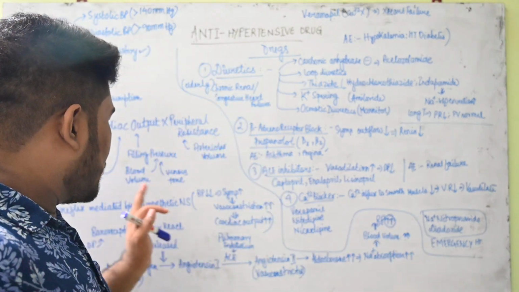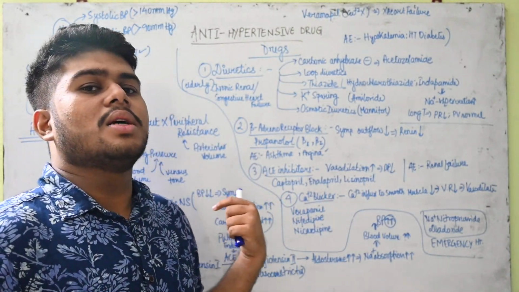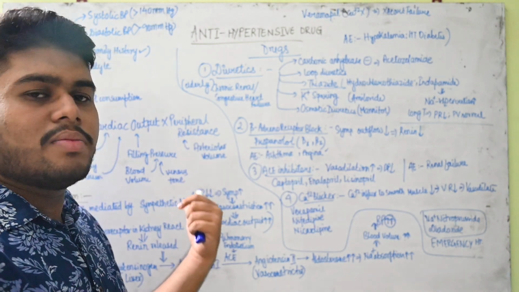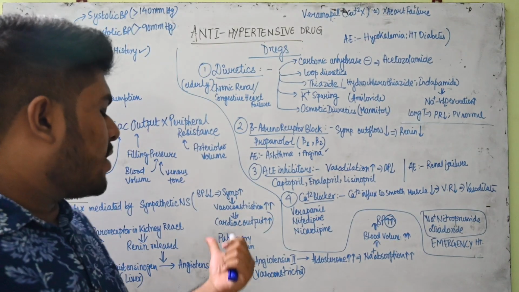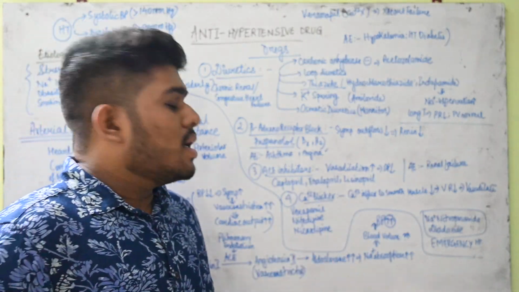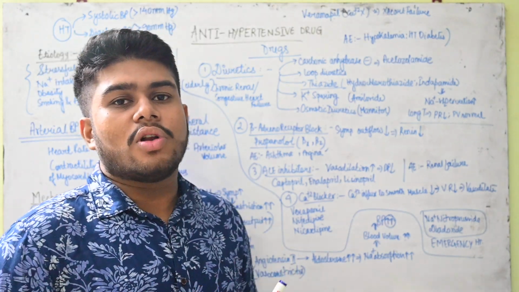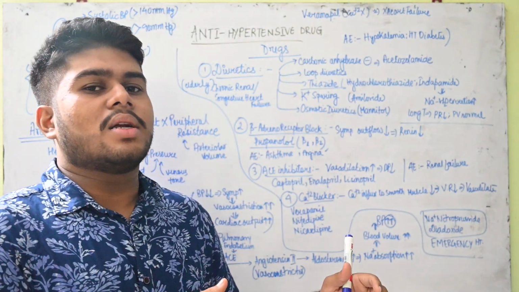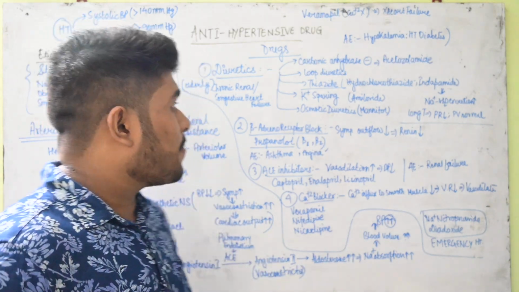So you can understand, if there is a fall in blood pressure, one, the baroreceptors present in the common carotid artery will get activated, with sympathetic activation, and the other way around, renin is produced and automatically the RAAS mechanism will activate, and the blood pressure will increase. So that is what normally happens physiologically. Whenever there is a case of hypotension, the body is trying to increase its pressure.